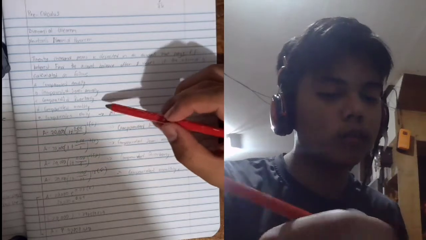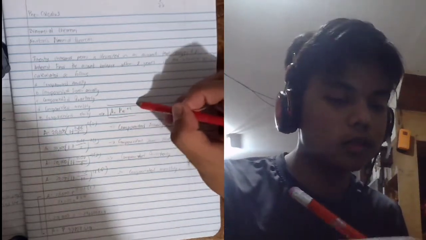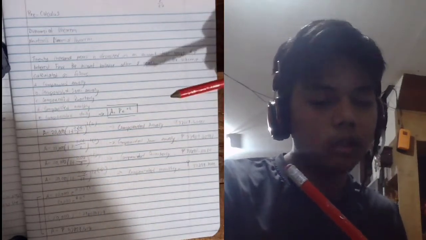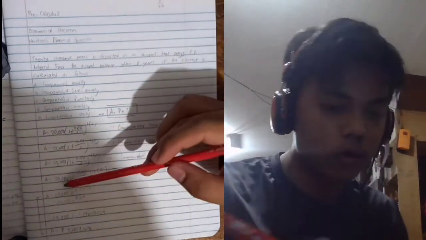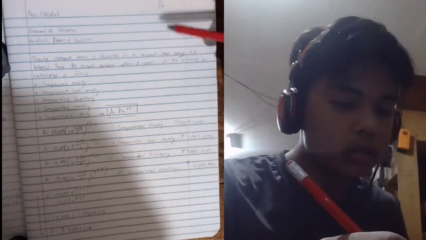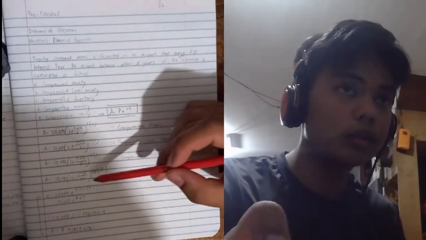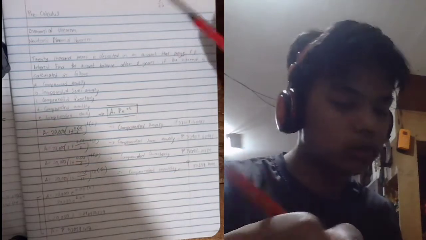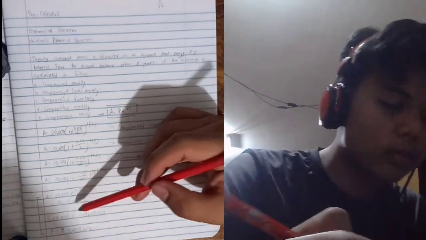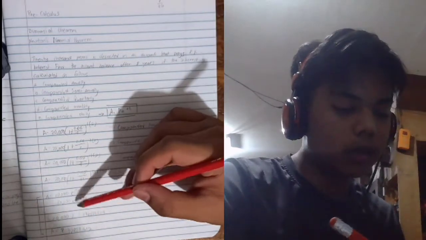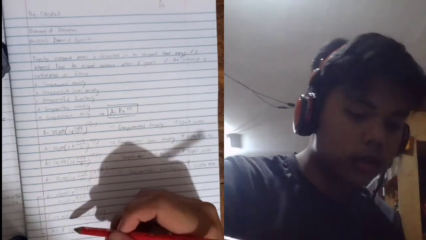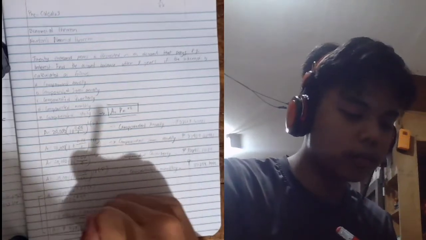And lastly, for letter E, compounded daily. This is a little bit different. You have to use a different formula, which we can use is this part of the box. A is equal to P e raised to the power of rt. e is the inverse of the natural logarithm function. So you put P, which is 20,000 here, e, and it says rt. r is the rate, and don't forget to convert 8% into decimal, which is 0.08, and then you multiply it with the years, which is 8 years. You would get 20,000 e raised to the power of 0.64. After that, you have to multiply 20,000 with e raised to the power of 0.64, which is this answer. Then after multiplying those, we would get our final answer, which is